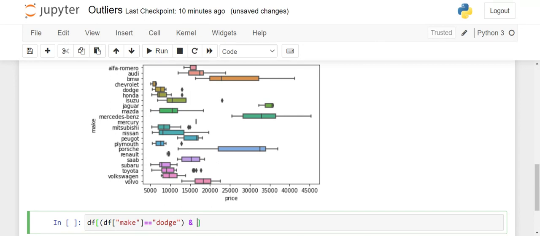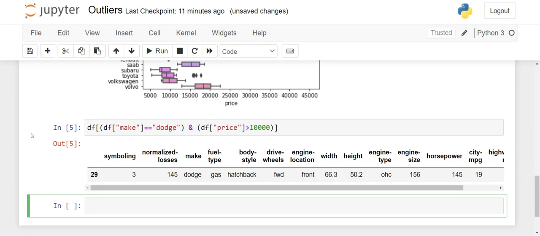We have seen that prices above 10,000 are outliers for Dodge. So this is where price is greater than 10,000: df price greater than 10,000. This could be dollars or rupees, we have no idea, but let's assume.